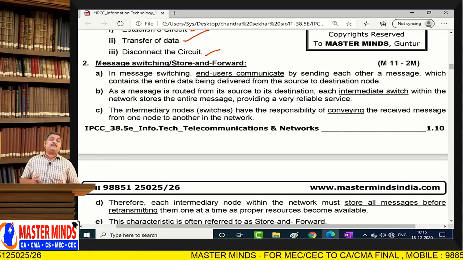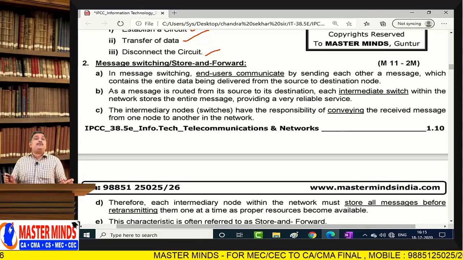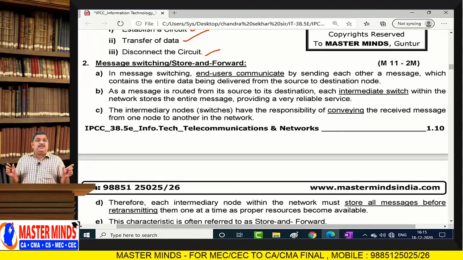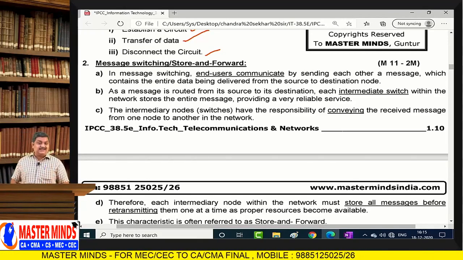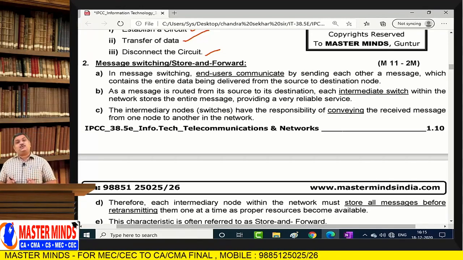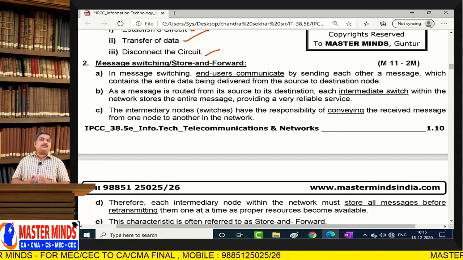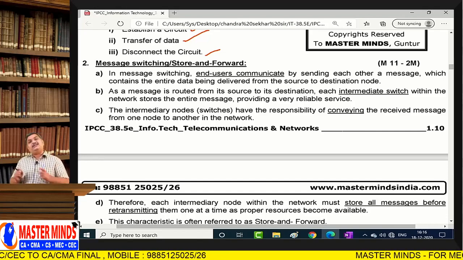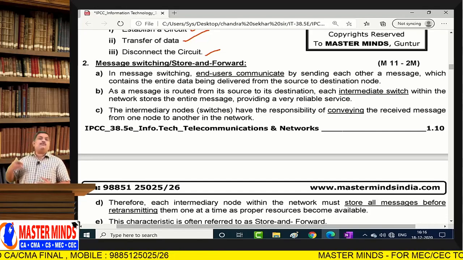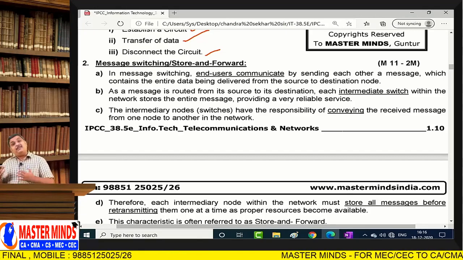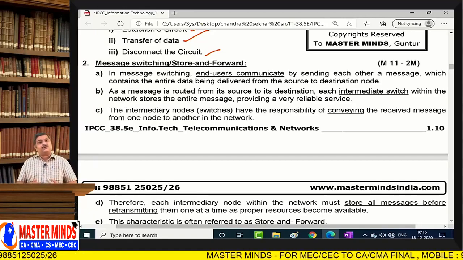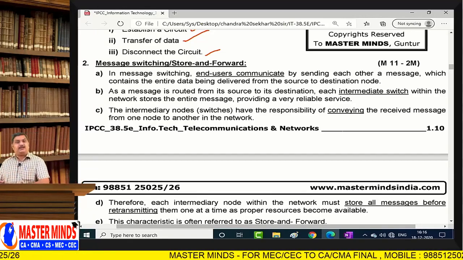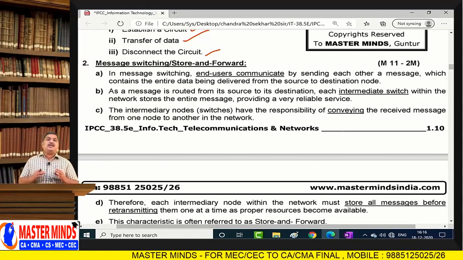Whereas in the case of circuit switching, what is required? Both the sender and receiver should be active at the same point of time. Then only the communication happens between the sender and the receiver. But in the case of message switching, that is not at all required. It is just enough that you send the message, and the message will move forward and reach the destination in whatever manner it wants. That means, like in circuit switching, here in message switching, no dedicated line, no dedicated channel of communication is required.